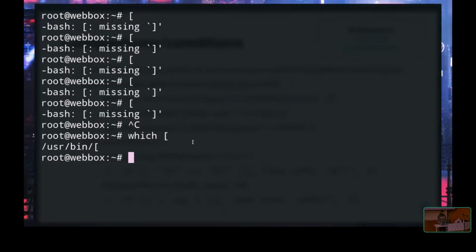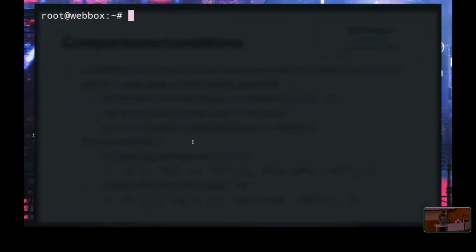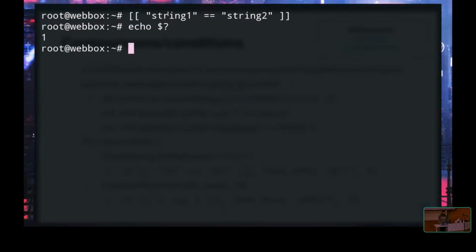It's a command. /usr/bin/[. You didn't expect that, did you? And if I run a string comparison, my terminal's dead, but it'll process it anyway. There we go. It didn't return anything, but what it did do is return an exit code. So if I do that, I can see this is a 1 because string 1 is not equal to string